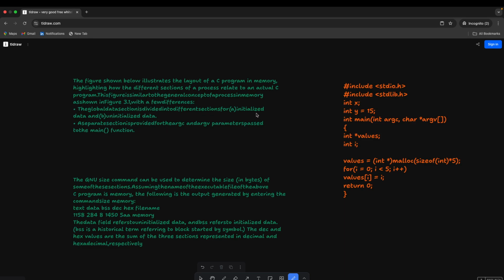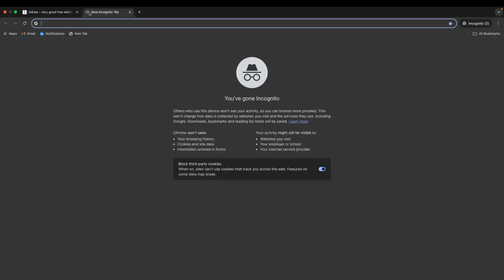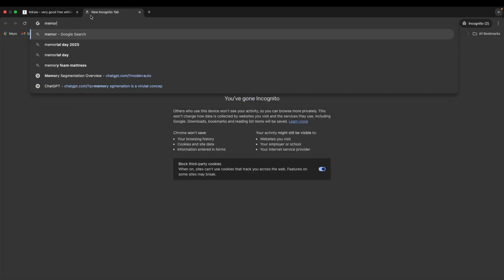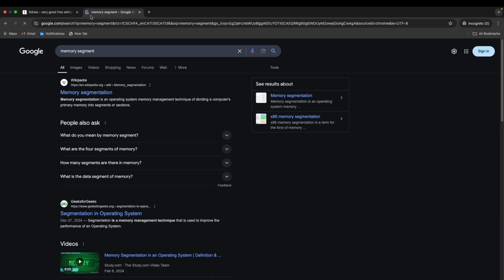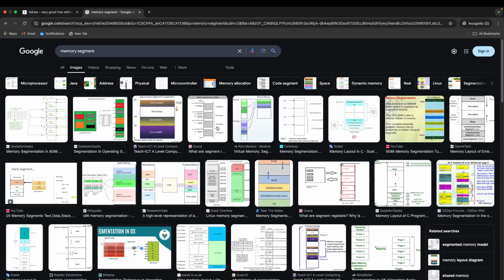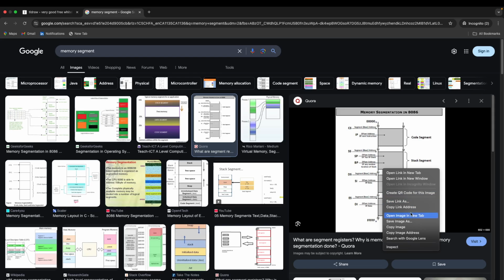So this is how it works. Let's get a memory segment diagram so we will be able to understand it more clearly. Okay, this is a perfect, good image.